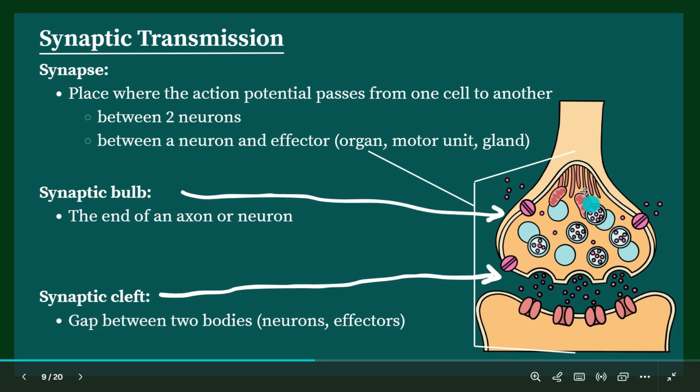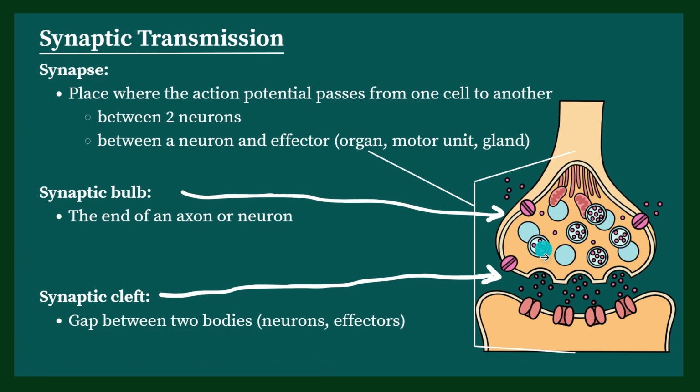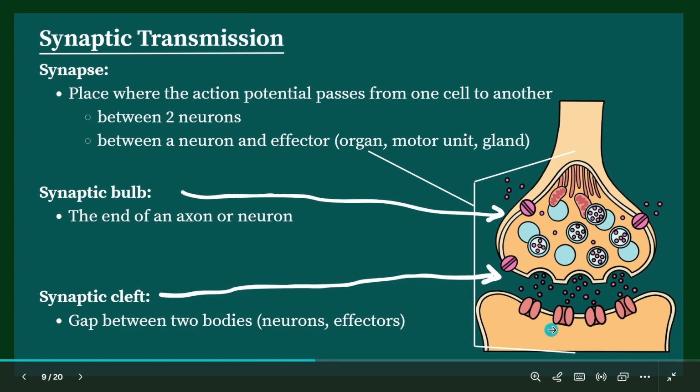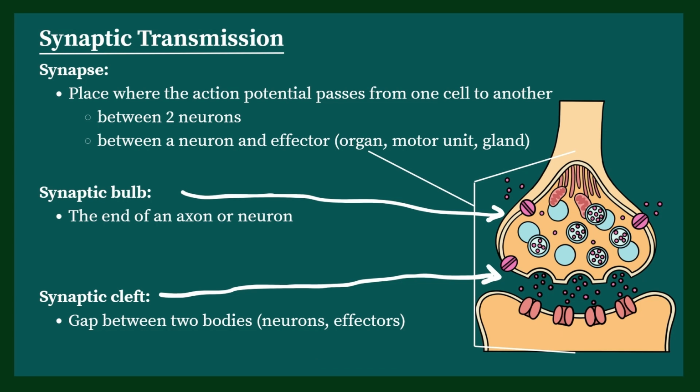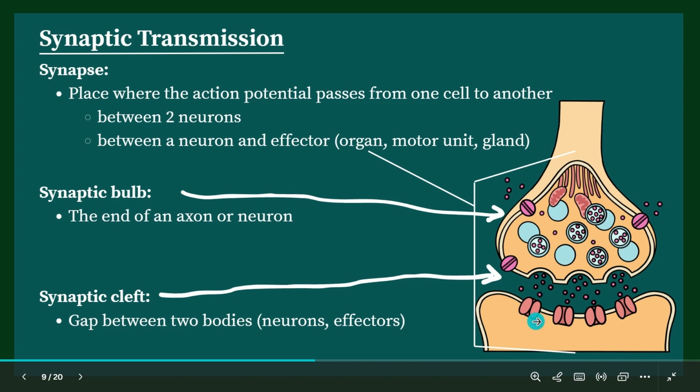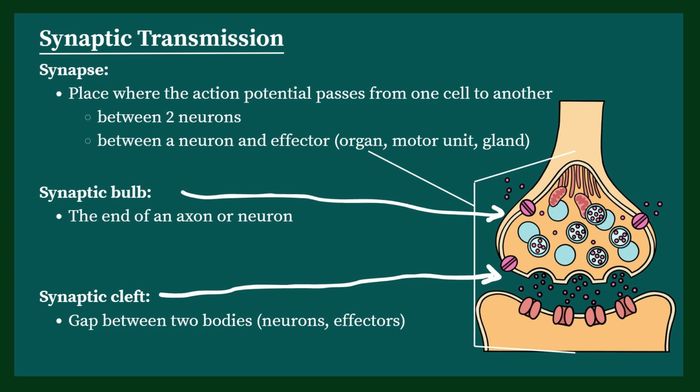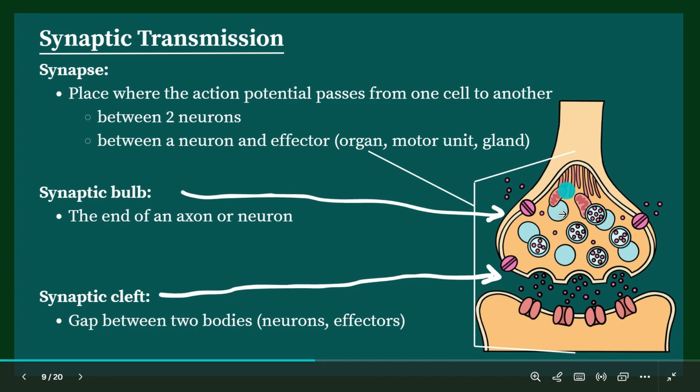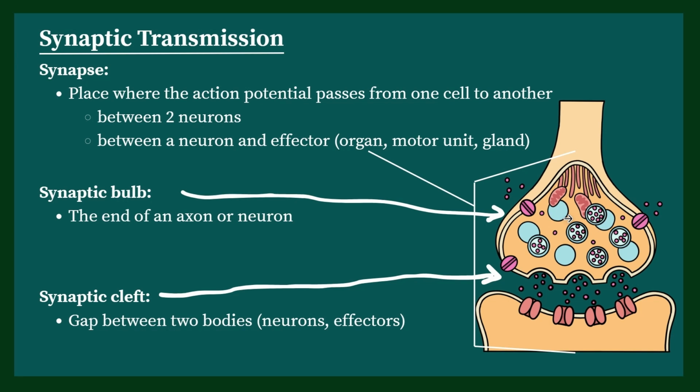The synapse is the place at the very end of the axon where the synaptic bulb, the very end of it, the tippy tip, connects with another structure, whether that be another neuron, or the organ or the structure that the motor response is trying to connect with. So the synaptic bulb is the very tip of the axon, and there can be like a spray of them, right? And when the action potential happens, it triggers